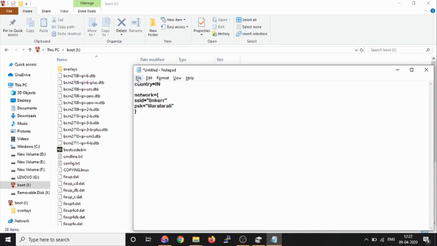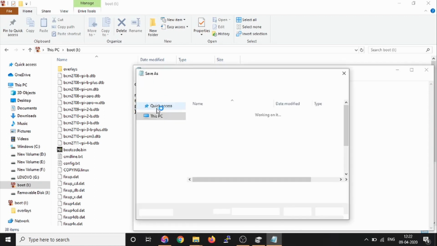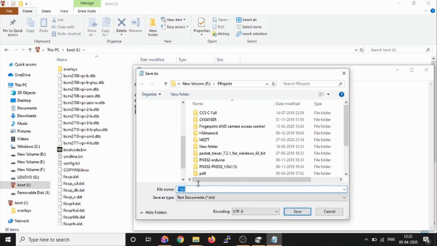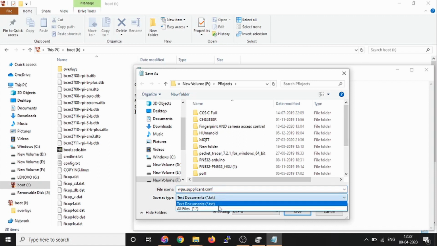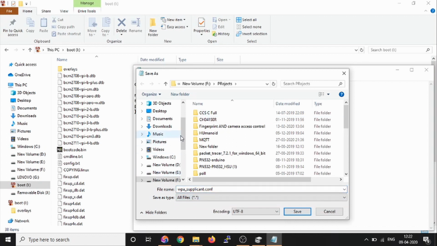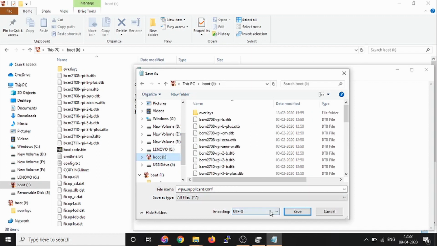Then I save this file with the name wpa_supplicant.conf, and this will be done in the boot folder.